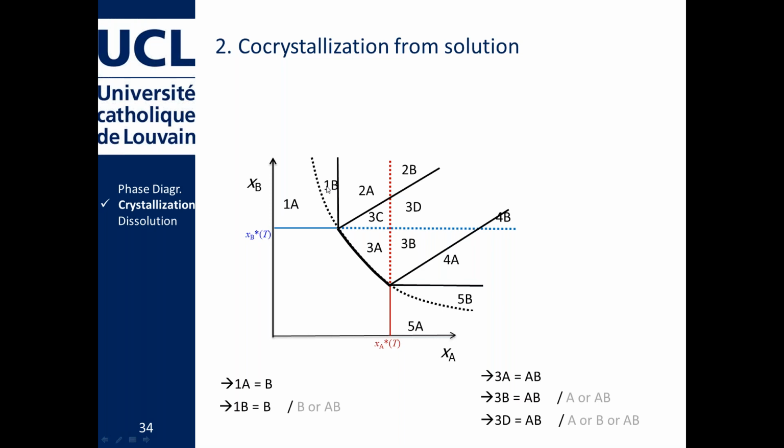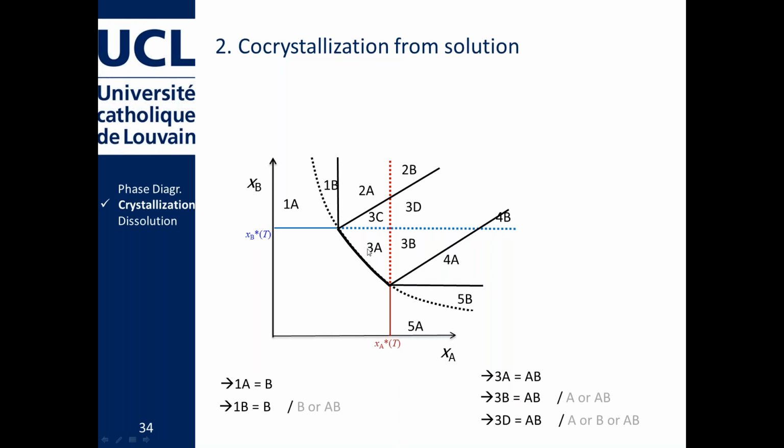In region 1B, my co-crystal can technically also spontaneously crystallize out. It's just not stable in suspension, so over time it will transform into B. If you would take your zone 3, it's even worse. If I'm in zone 3A, you're